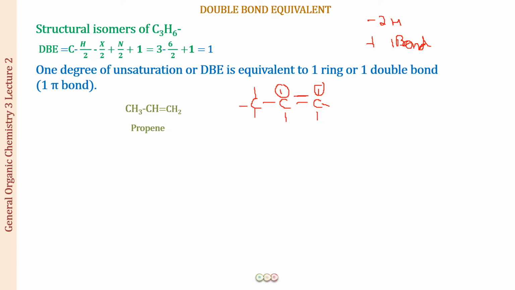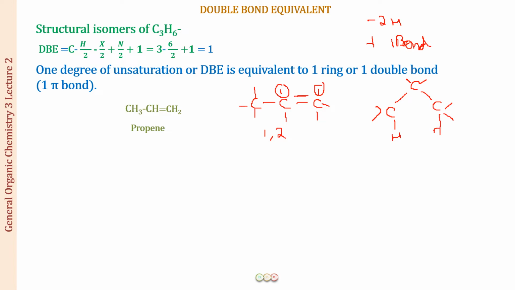Alright, now what we have done here is we have removed the hydrogens from position number 1 and position number 2. Now I'm going to draw this structure slightly differently. I've just bent my structure from a straight chain structure to this structure. Now again this carbon will have 2 hydrogens, this carbon will have 3 hydrogens, but this is my carbon number 1 and this is my carbon number 3.